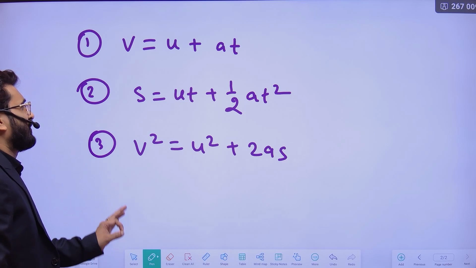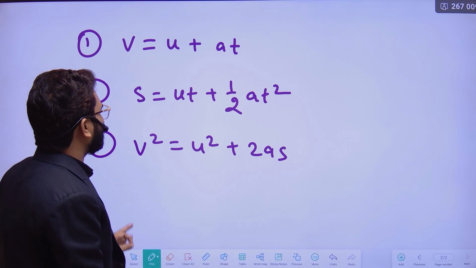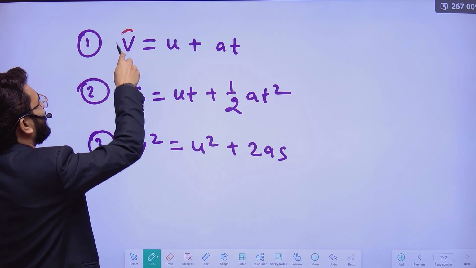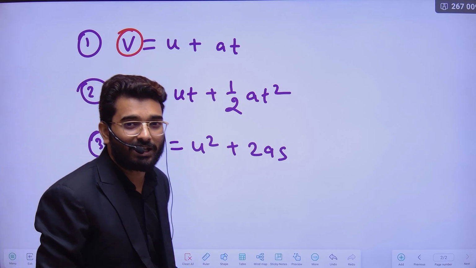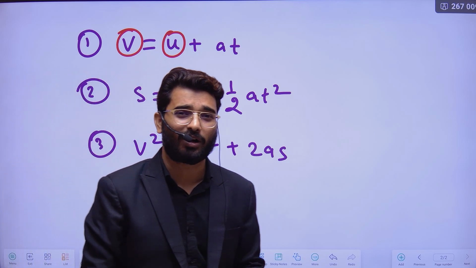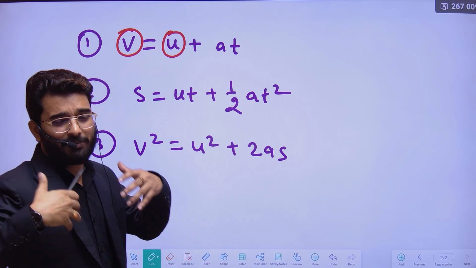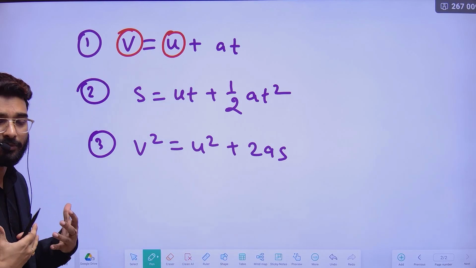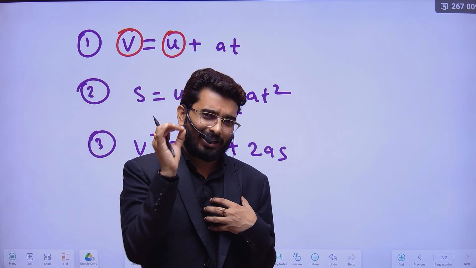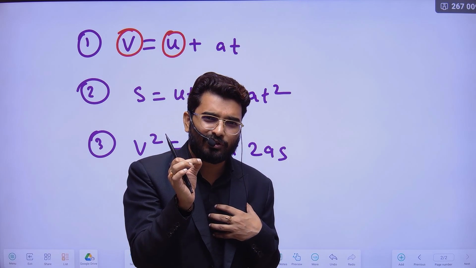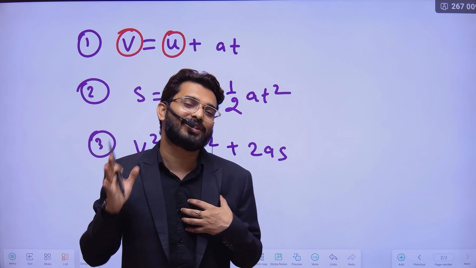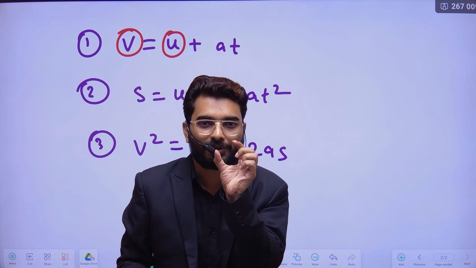Here all the contents are related to motion. Just like when we talk about v, what is v? This is the final velocity of any object. When we talk about u, what is u? This is the initial velocity of any object. Let me suppose I am running, that my initial velocity we consider in terms of a general term u. You may consider any term like x or something, but in standard physics it's written in the form of u.